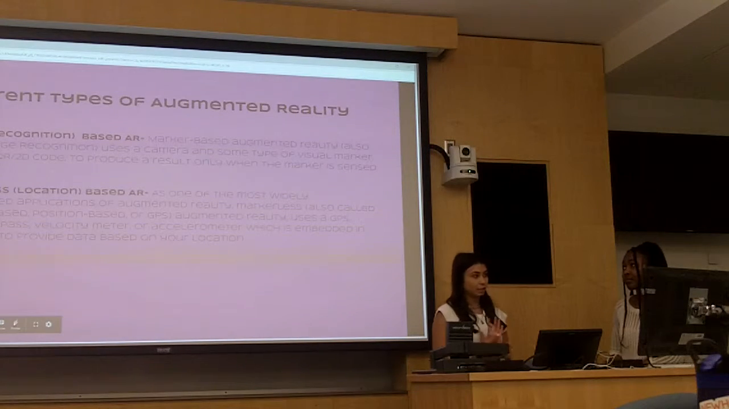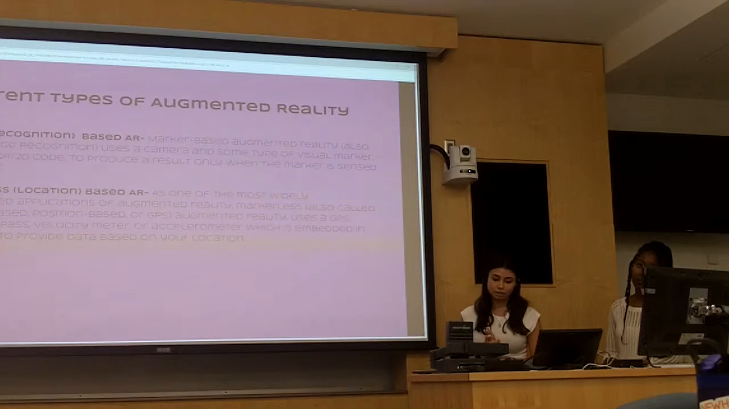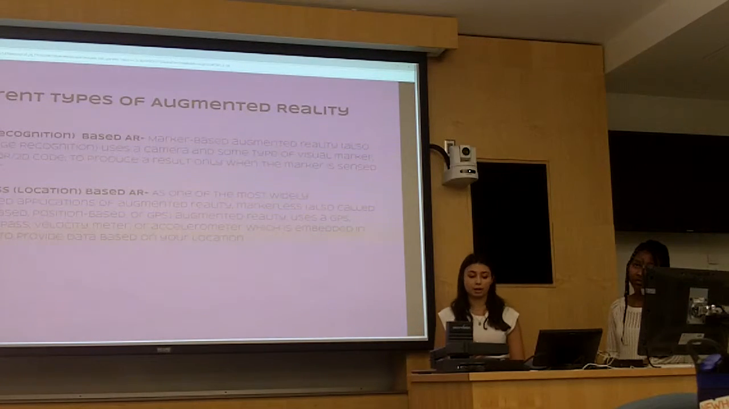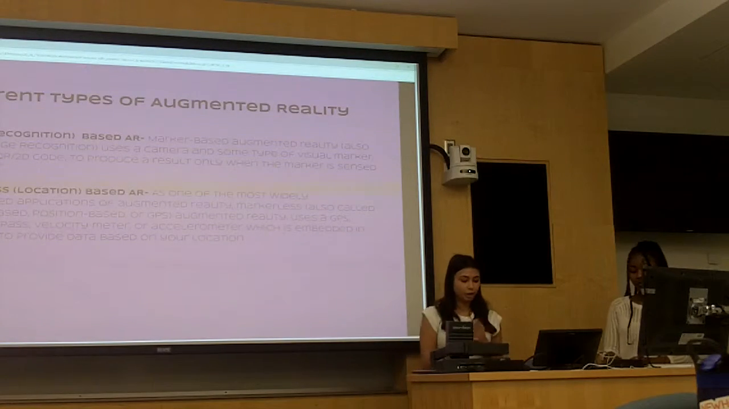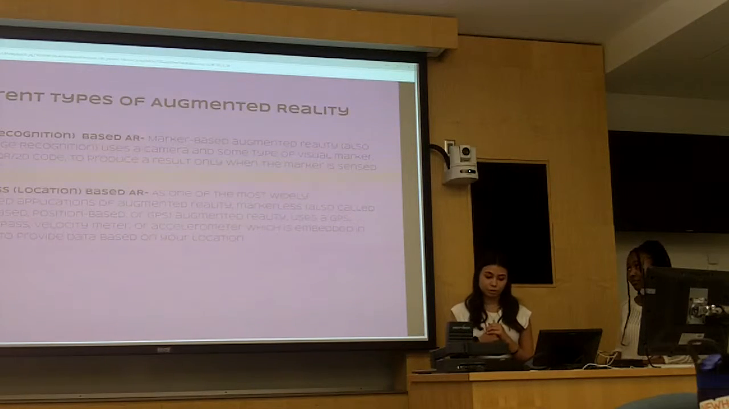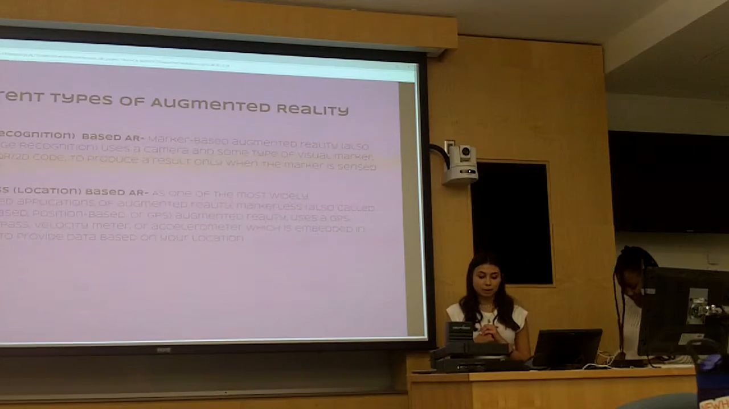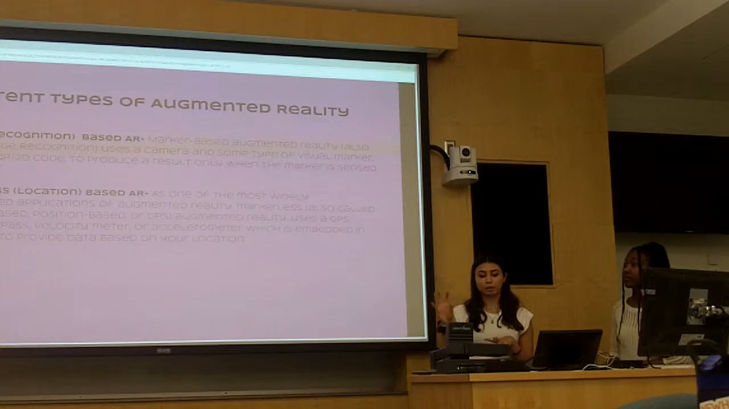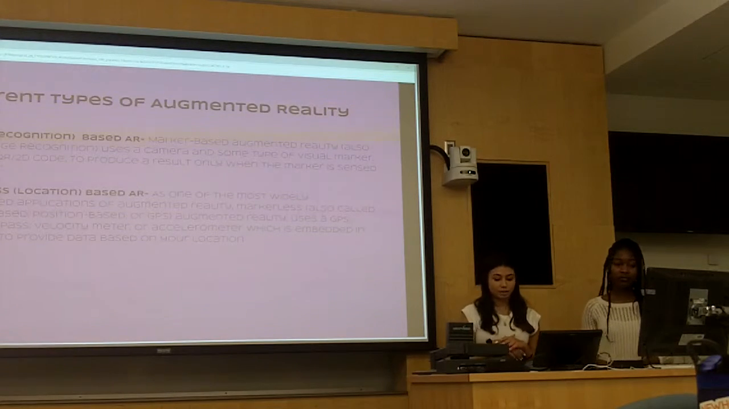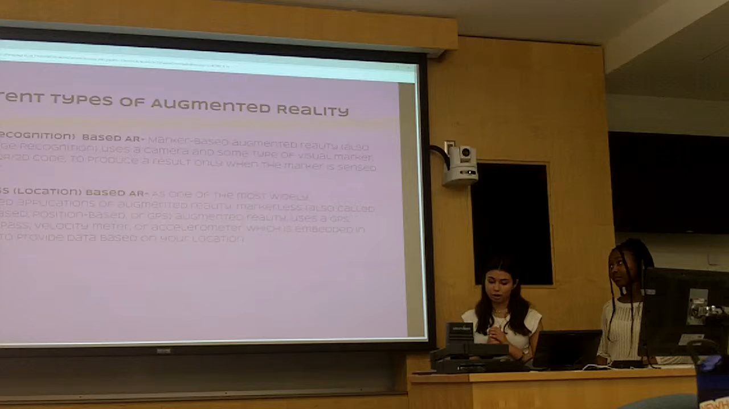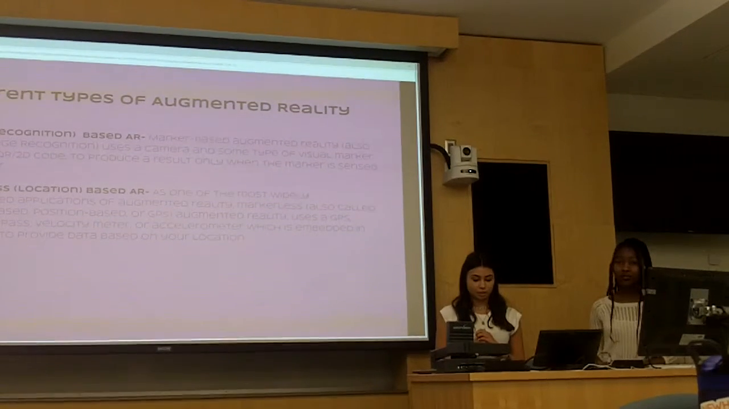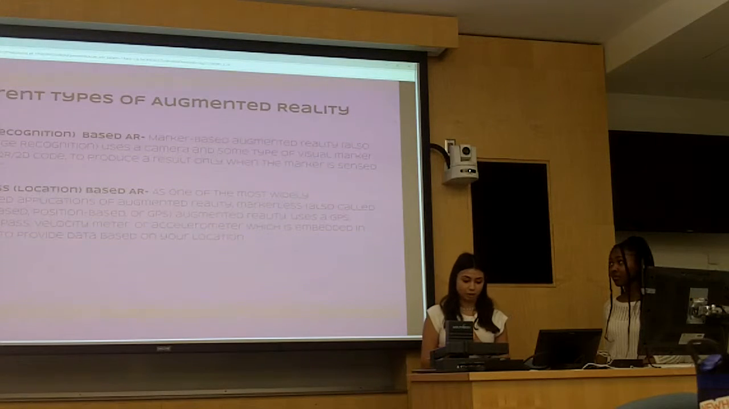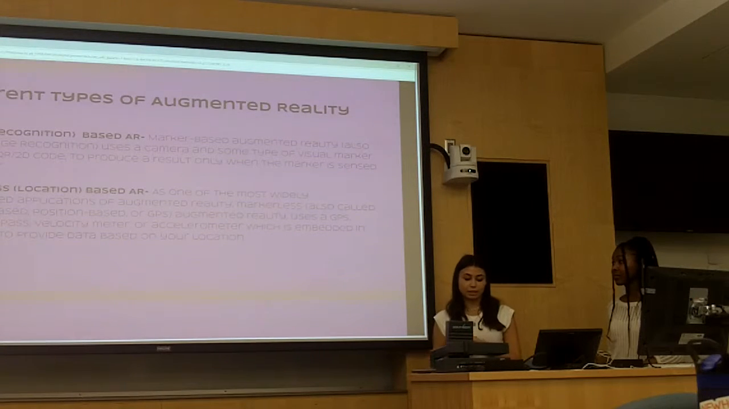So there are different types of augmented reality. The first is recognition-based AR, which uses a camera and some type of visual marker such as a QR 2D code. Another example would be a barcode, to produce a result only when the marker is sensed by the reader, then your augmentation will come to life. The second type is location-based AR, which is the most common form of AR, and it uses a GPS, digital compass, and velocity meter. It's embedded in the device to provide